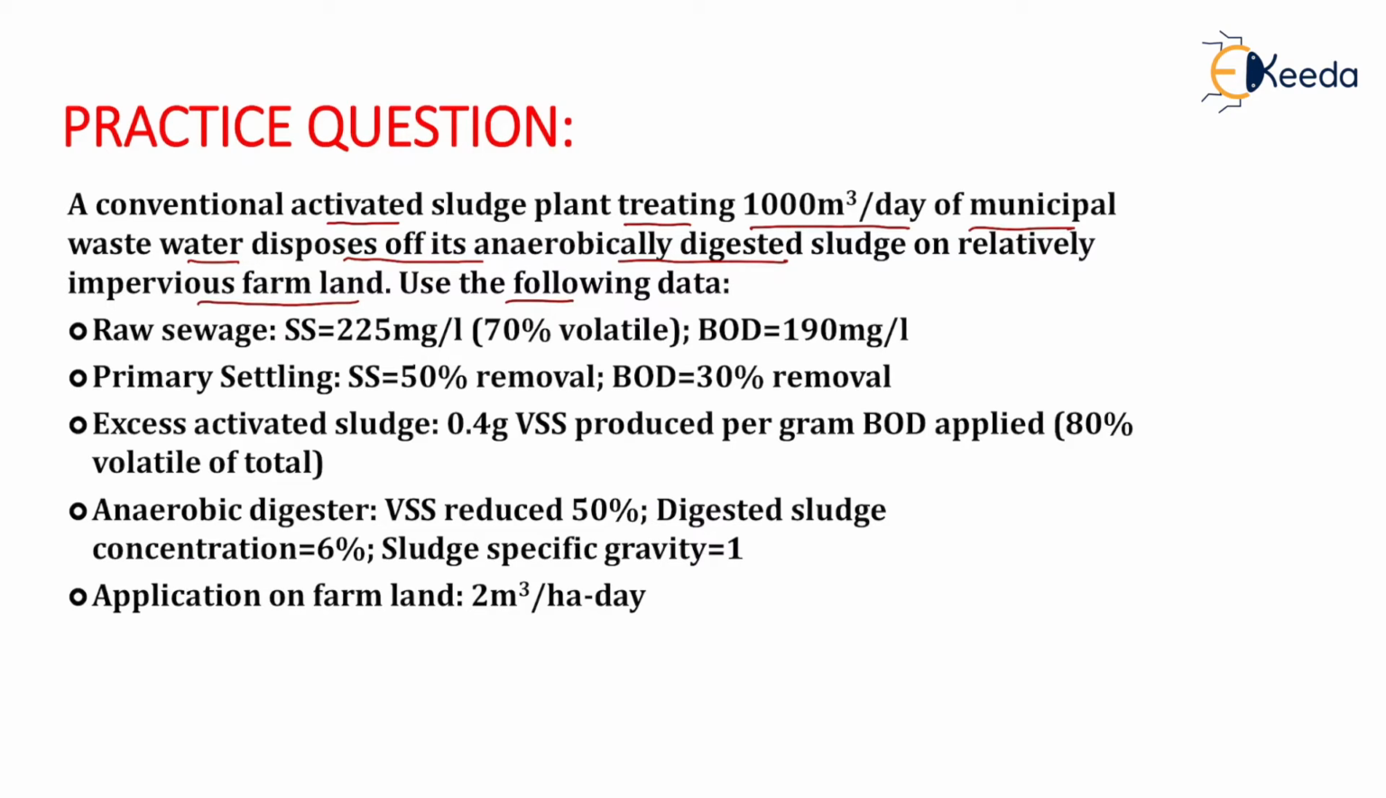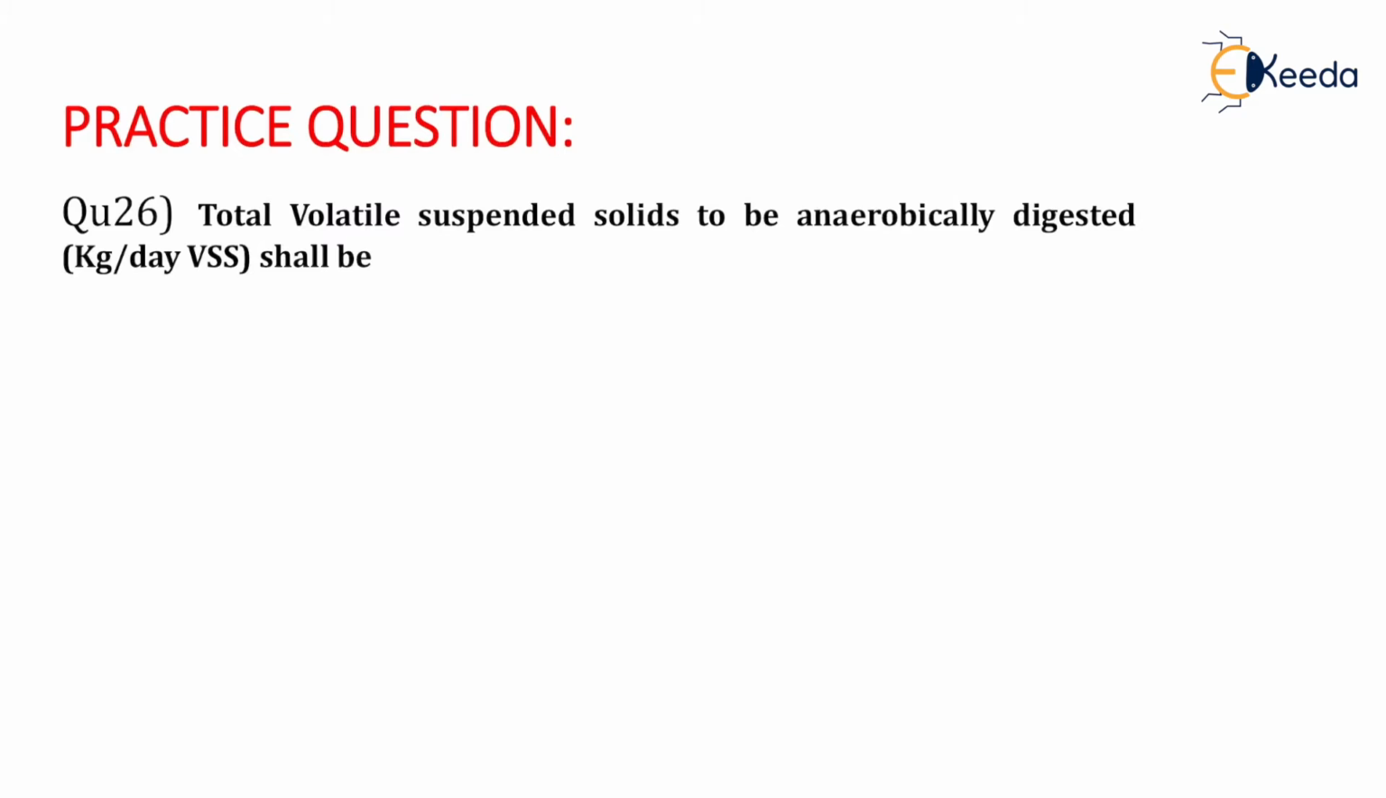Use the following data: raw sewage has suspended solids equal to 225 milligram per liter, out of which 70% are volatile, and BOD is 190 milligram per liter. From primary settling, the suspended solid removal is 50% and the BOD removal is 30%. The excess activated sludge will contain 0.4 grams of volatile suspended solids produced per gram BOD applied. Now we need to determine the total volatile suspended solids to be anaerobically digested in kg per